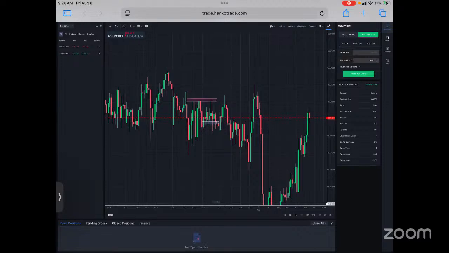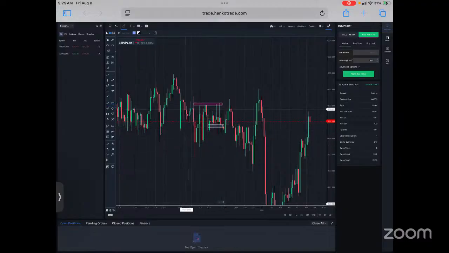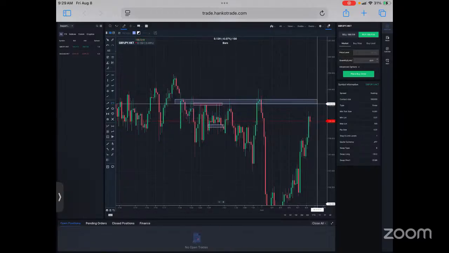Sometimes the market won't retest. It'll just break and go. But sometimes the market will just come back and retest and drop or rise. So this area right here,